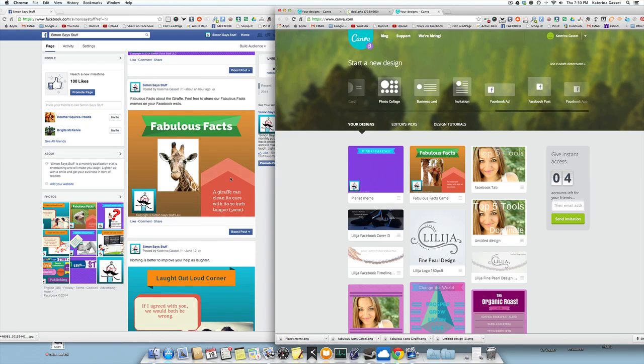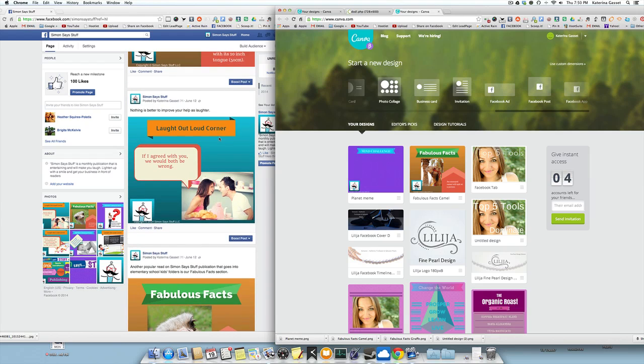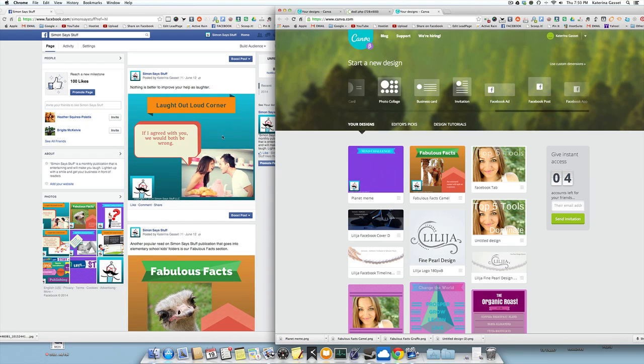A lot of the people that read our Simon Says Stuff printable editions are children as well, elementary school age children. So this is great for them. So fabulous facts. This is always going to be orange with the green banner. So again, a really good way to always have uniformity about certain subjects on your Facebook page and on your memes. And then the turquoise one with the